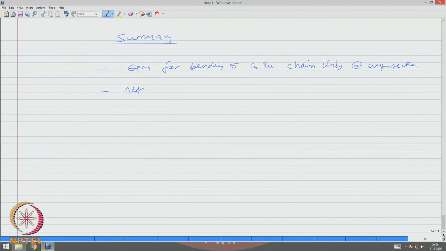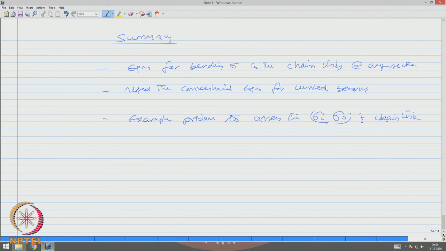We have used the conventional equations for curved beams, which we have derived in the last set of lectures. We have also used an example problem to assess the stresses in intradas and extradas of a chain link with a numeric example. We have also understood certain elementary design guidelines